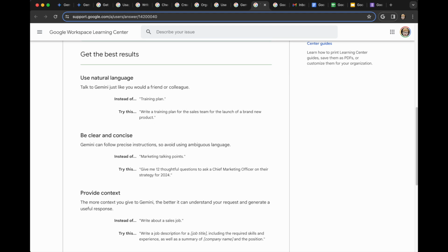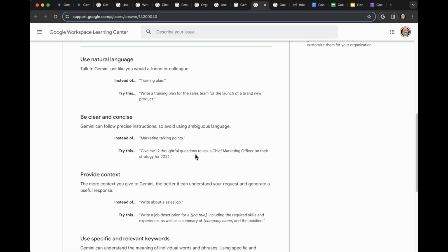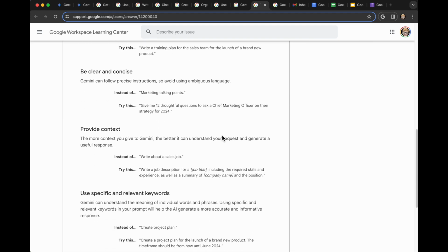So here, it's got some examples of getting the best results. Taking simple words and expanding out the context of it. Being clear and concise, but giving some context so that it's clear to the AI what you're really asking for. And that is definitely something you pick up over time. I've noticed that my thought process behind what I ask in prompts is changing because I need to be more specific. I need to provide context. What was once key search terms that I used in Google search are now becoming a little more detail oriented, a little more context oriented. And then you get into situations where it can't do the prompt, so you have to break it down into